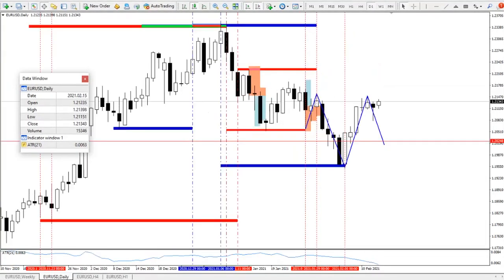So for those people who are quite aggressive and looking at the potential breakdown in cyclicity on the lower time frame on daily, you might have gone with one of the preceding impulse candles here, but strictly according to the rules, we're only really supposed to start looking for that this week. If today closes an impulse candle, it would be a perfect setup. That doesn't mean it's going to be a winning trade, but it would be a perfect setup